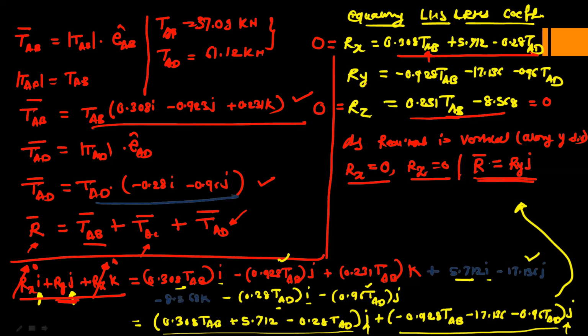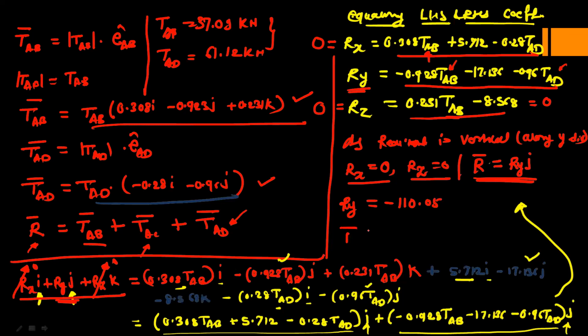And now put the value in the Y component. This Y component will give the value of the complete resultant. So put the value of tension AB and tension AD, and get the value of the Y component. And the Y component is nothing but the Ry. So first, get the value of Ry. So the Ry value is minus 110.05,